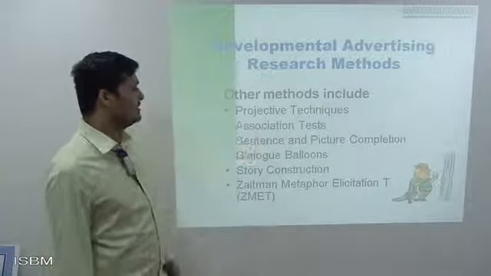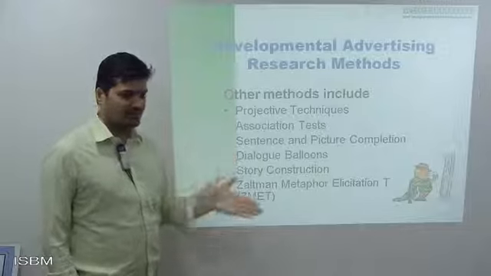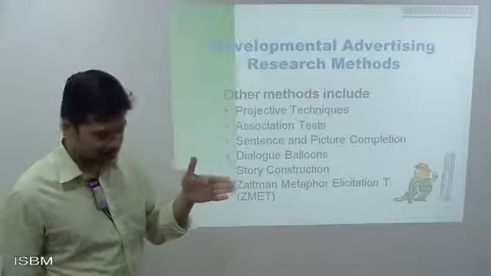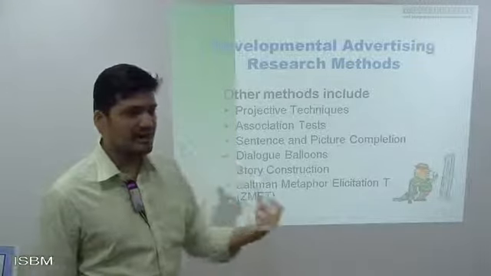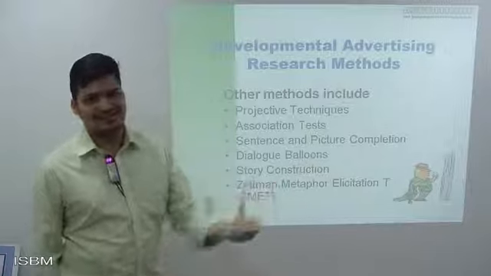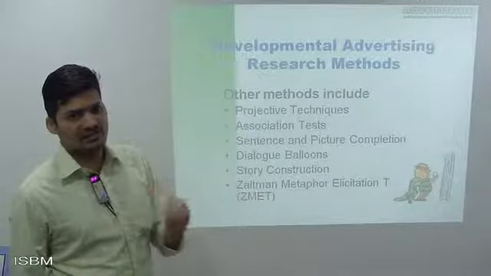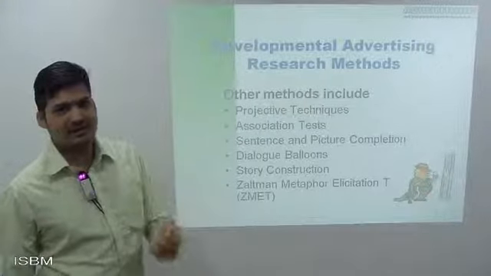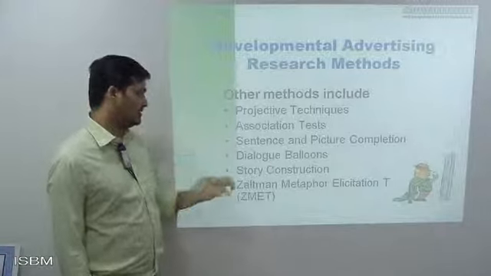Then association test. After that we do a test on whatever questionnaire we have given. Might be some questionnaire in which we need to ask the consumer to test some product. If they test some product, on the basis of that they will give some feedback. On the basis of feedback we create a record, and that record is nothing but a kind of association test.